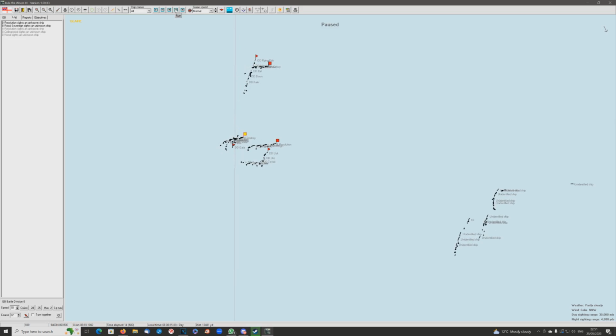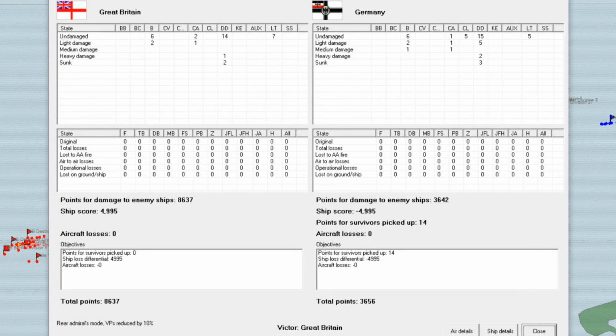Now, unlike the previous engagement, this one, once it was all done, actually came off much, much better for me. As you can see, we started out with, theoretically, the Germans having the advantage. They had considerably more destroyers. They had 5 light cruisers. We were equal in armoured cruisers, and they had an additional battleship. However, unfortunately, the recording that I tried to do of the battle itself failed,